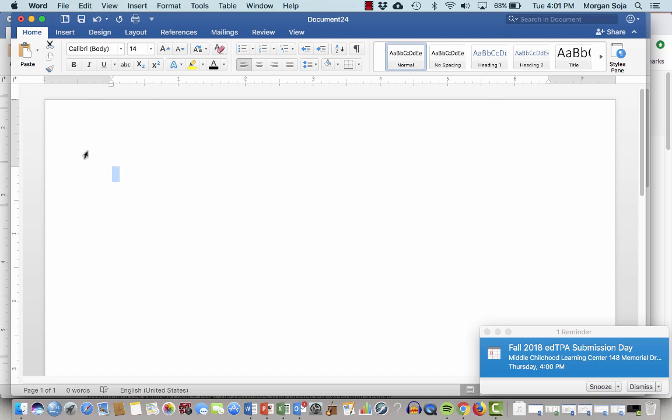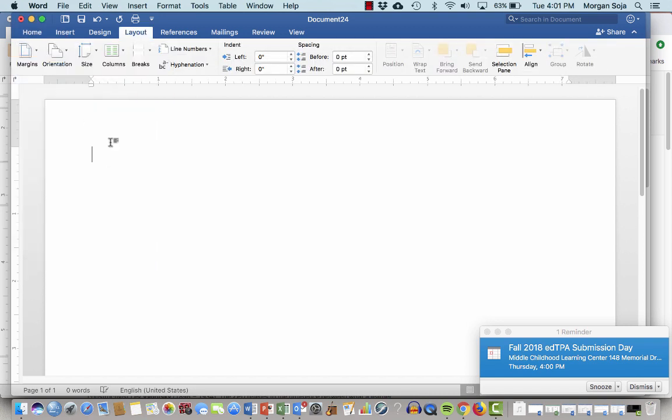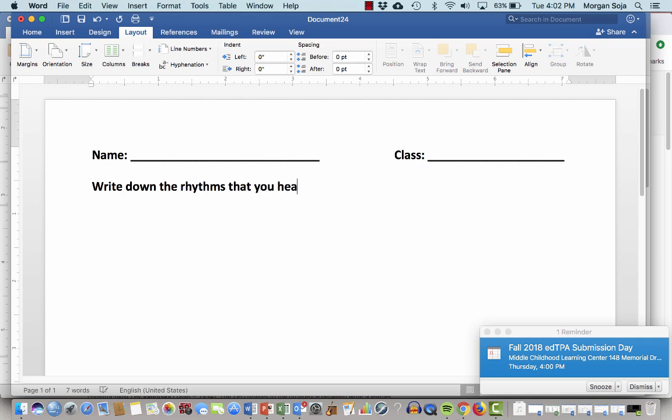So something that I'm going to want to do is have them put their name, right? And I hate the layout, the margins on most things. They're too small for me. Name. And probably for me, I'm going to want to put class. If I am an elementary music teacher, I want to keep track of my class. That could either be Mrs. Jones or 4B or whatever it happens to be, right? Write down the rhythms that you hear using